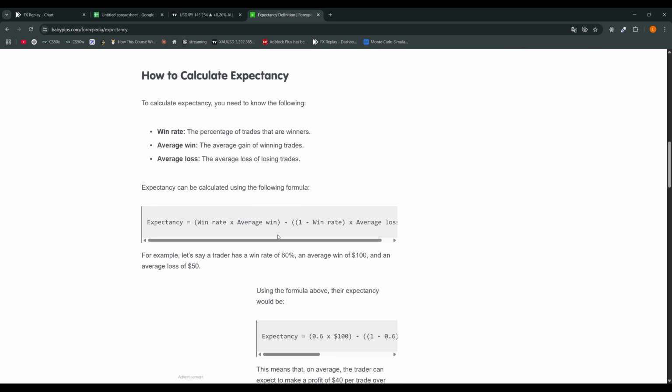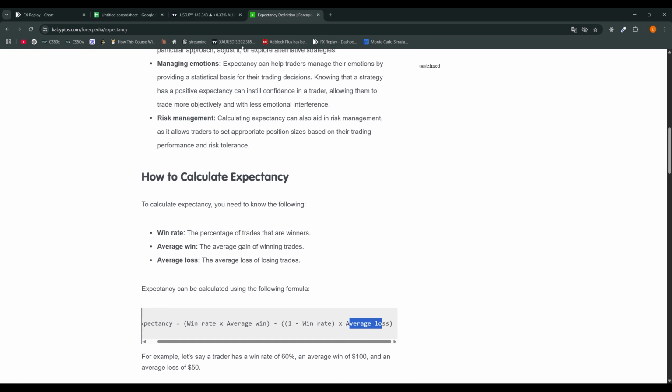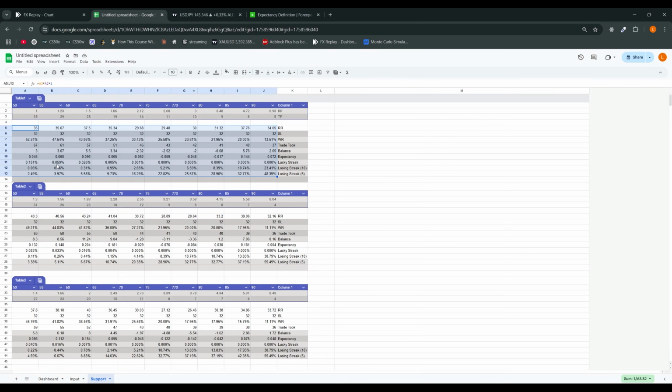Expectancy is basically the difference between the win rate times the average win and the loss rate times the average loss. To put it into perspective, if I multiply this 0.96 by my risk, which is $1,000 per trade, on average I can expect